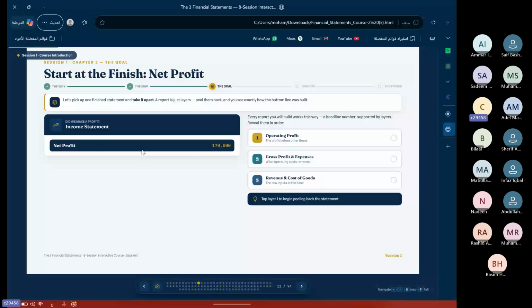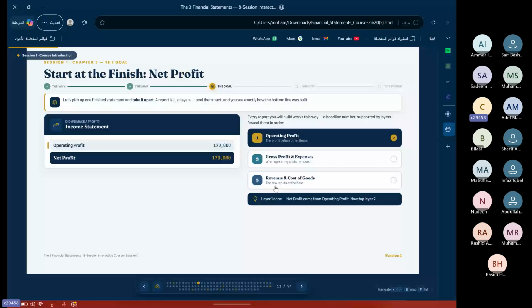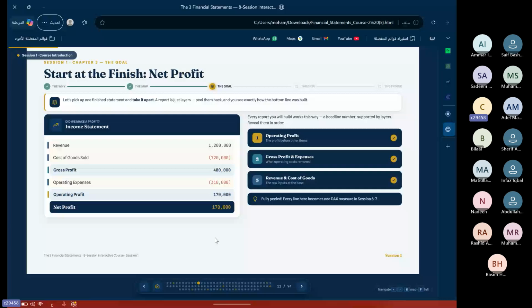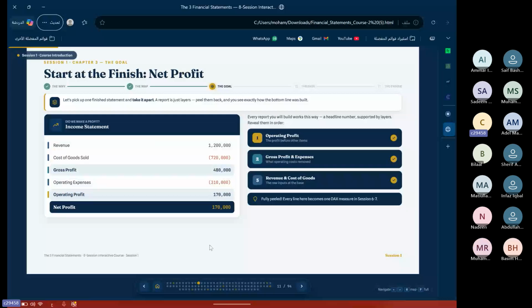So if we go in reverse, if we click here for operating profit, if we click here for gross profit, if we click here for revenue and the cost of goods sold, we have a complete income statement. But it starts from the beginning, it's a net profit, but where it came from, this is very important to know. Most people will focus on net profit, but for us we need to know how we build this, from where